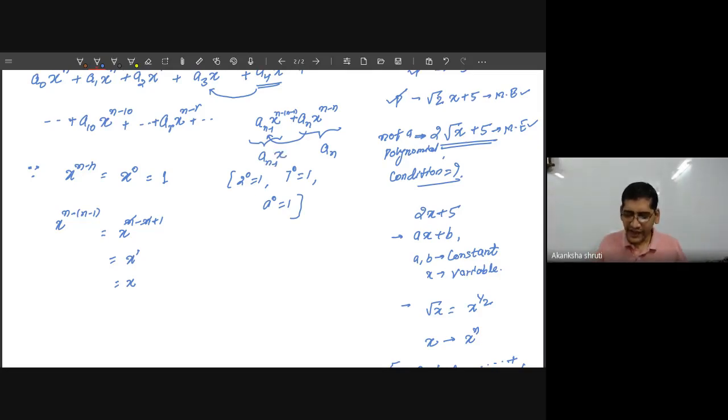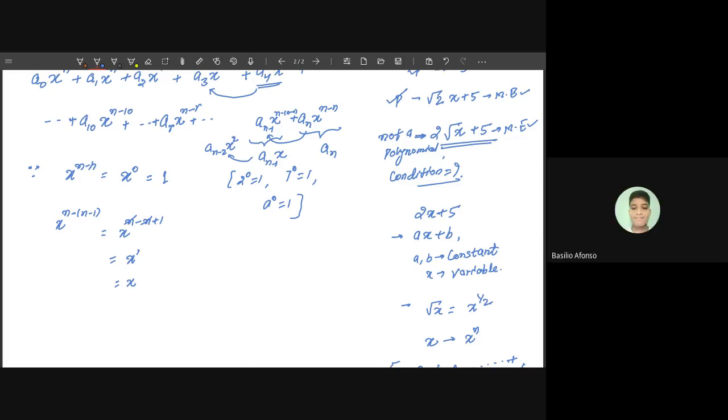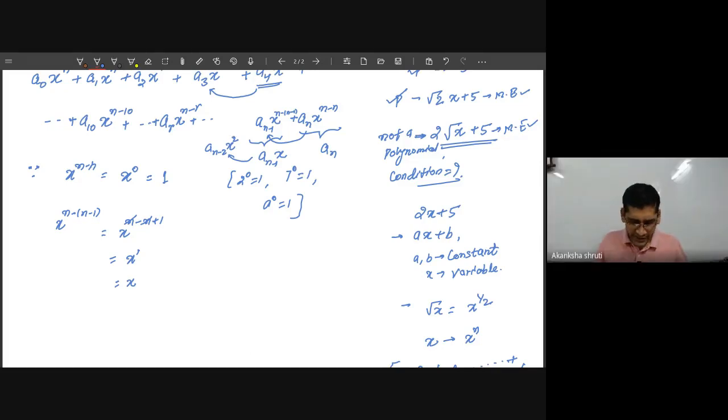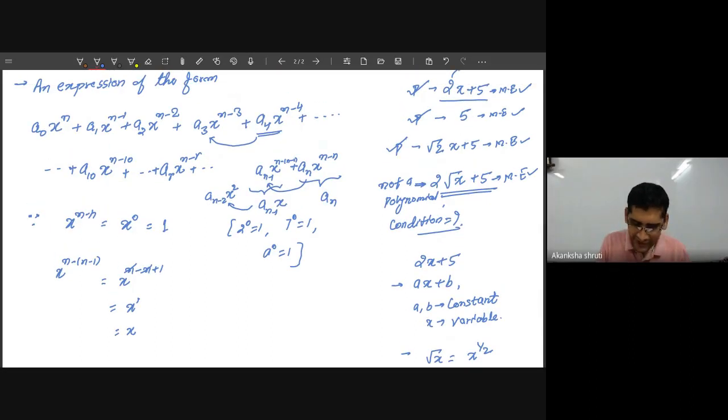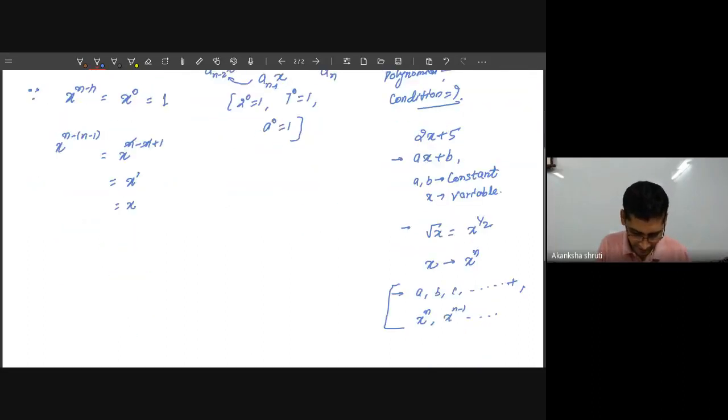Okay, student? If you go prior to that, you will get before this the term a n minus 2, then x square only. Okay, student? X square. Yes. So whatever the general form that we have written, that is the most general form, and conditions have to be written for a0, a1, a2, a3 and so on, for this expression to be a polynomial. So we are taking any expression of this form.